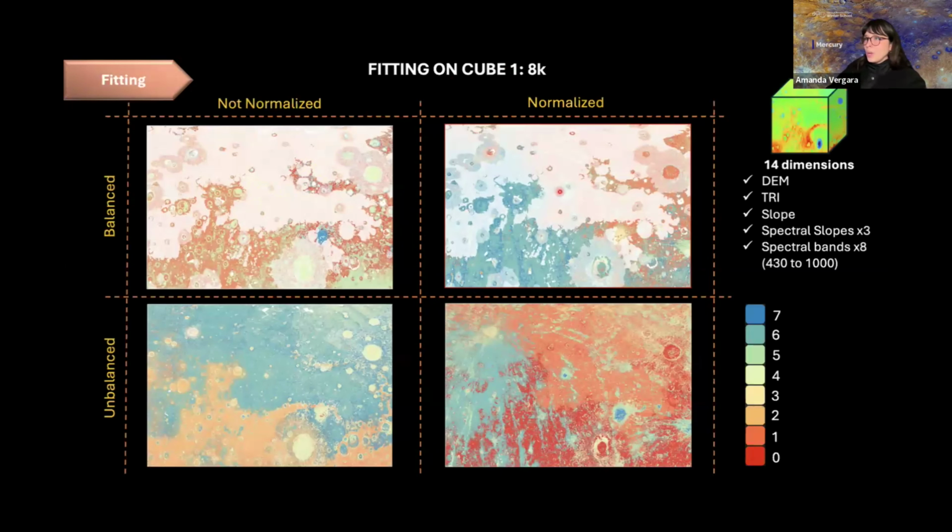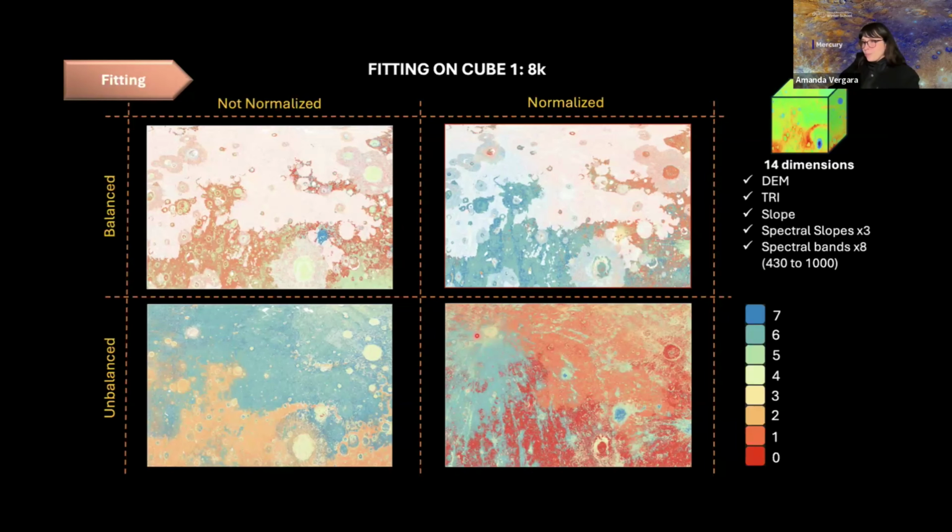And as you can see here, we have all the 4 configurations with balanced and normalized and not normalized data. And as you can see from the results, you can distinguish very well the limits between the different units. For instance, in this case, between the smooth planes and the intermediate and the intercrater planes. You can recognize the borders of the different craters as well as their ejecta. And you can recognize also some information on the surface features such as the pyroclastic deposits and also the bright